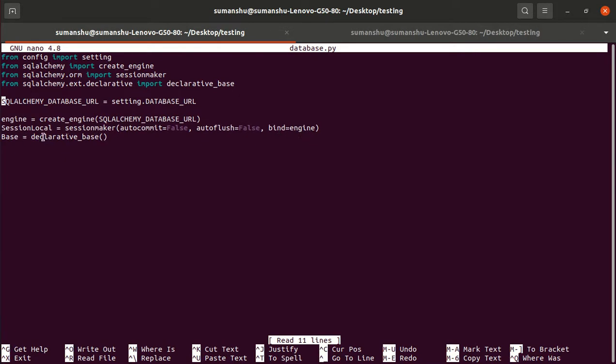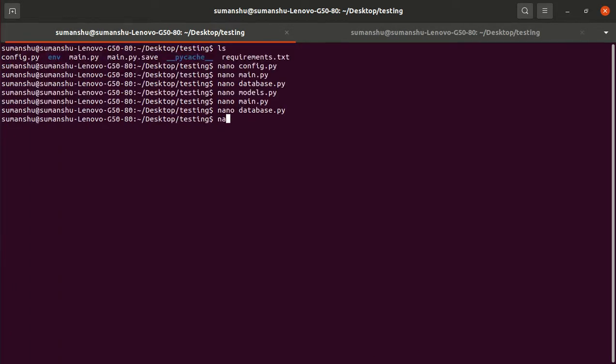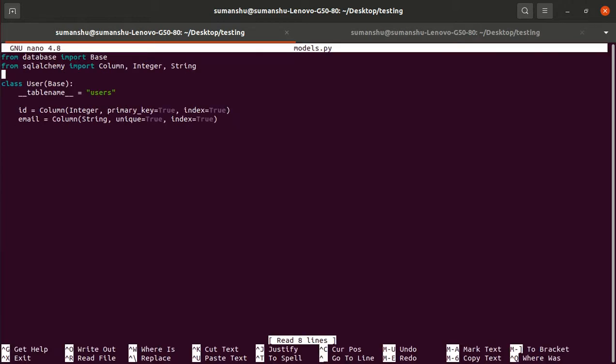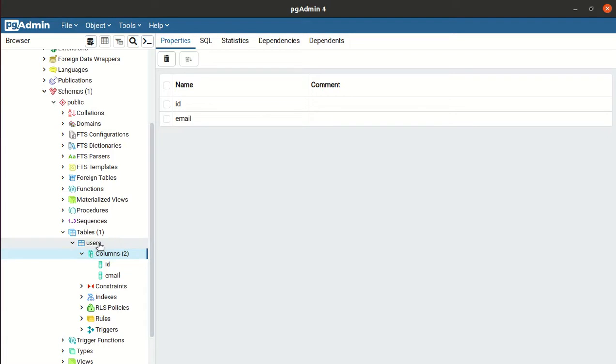Then we created the base class, because this base class is required to create the actual tables, right? And then we have created our normal table. The table will always be defined in the form of classes. Suppose we define another table, we have to define another class, and two attributes are the minimum required: the underscore table name, and then the id column. The table name is the name by which it will create the table. So it will create the table with the name users, not user. User is a class name, but we have explicitly defined the table name. So users is the table name.